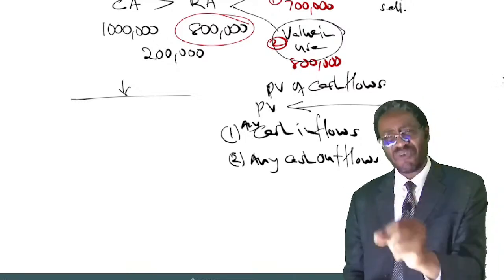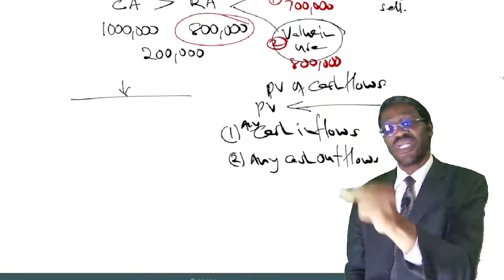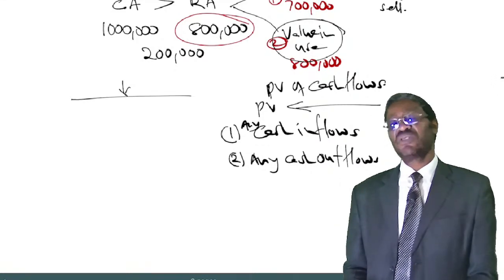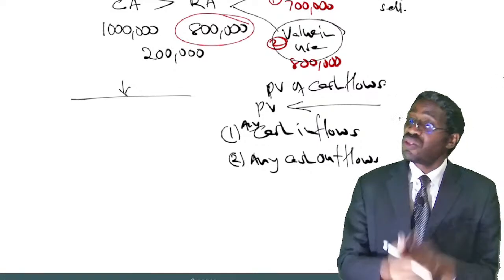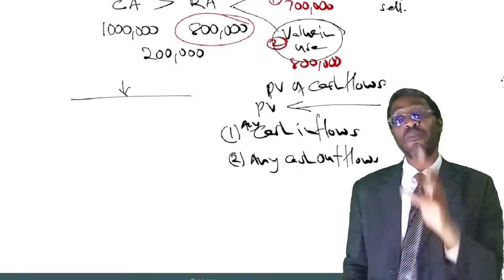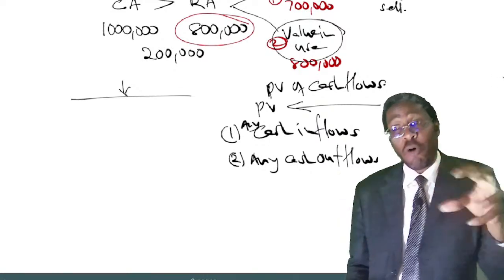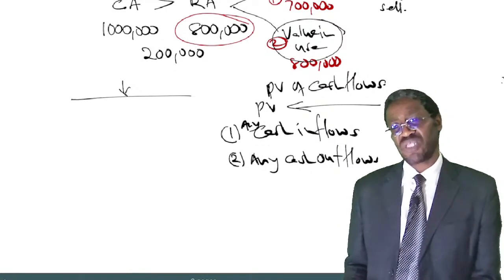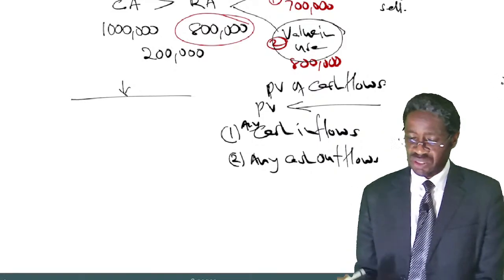Any cash outflow necessarily incurred in order to generate future cash inflows. I've given an example. Maybe it's the machine, and 2-3 years from now, we project that we shall spend some money for maintenance or repairs of that machine. So that's another component of the cash flow that should be discounted in the determination of the value in use. Number 3,